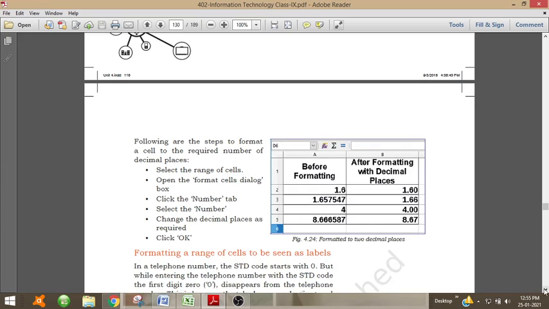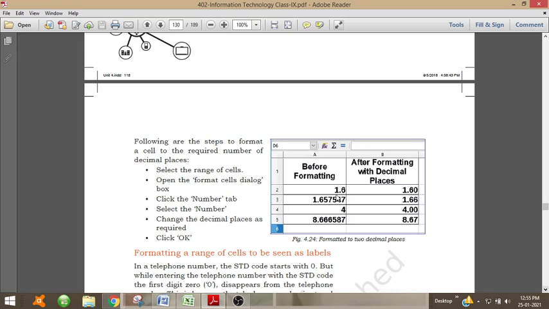So for that, the following steps are required. First, select the range of cells. Then, open the Format Cells dialog box. Then, click the Number tab and select Number. Then, change the decimal places as required and click OK.